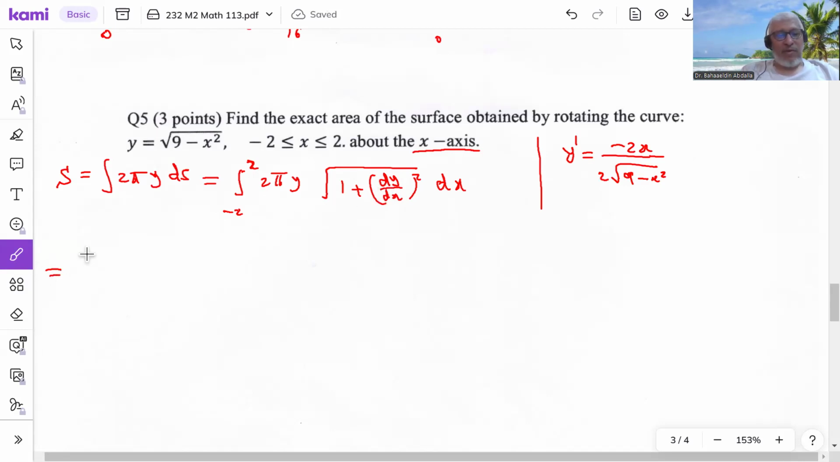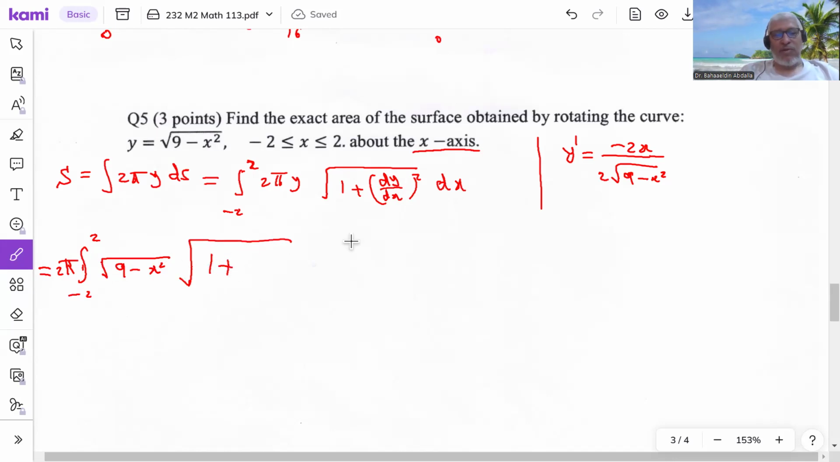So I'll have the integral from negative 2 to 2. 2 pi, I can take it outside, or you can keep it inside. It really doesn't matter, but I'll take it outside. And now y. Well, keeping y as y doesn't work because I have dx. I need to integrate with respect to x. So I should change y by its definition. y is the square root of 9 minus x squared. So this would be nice. And now I have the integral